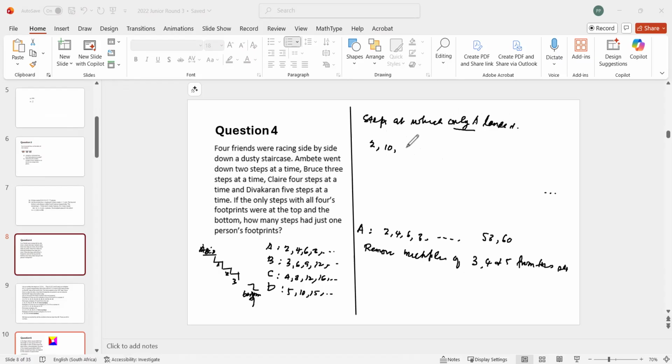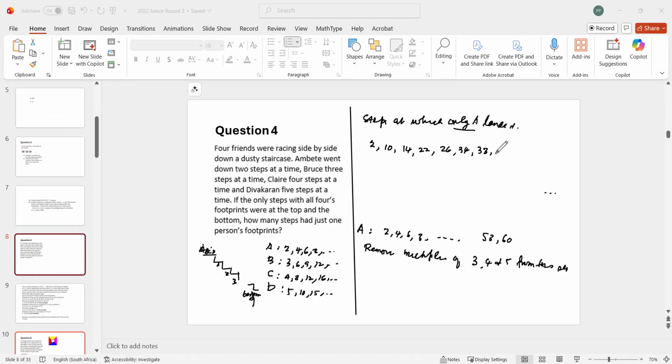So you have to take out 12, 14 is in, 16, 18 is a multiple of 3, you take it out, 20 is, take it out, 22 is in, 24 is out, 26 is in, 28 multiple of 4, 30 is a multiple of 3, 32, 34 is in, 36 is out, 38 is in,